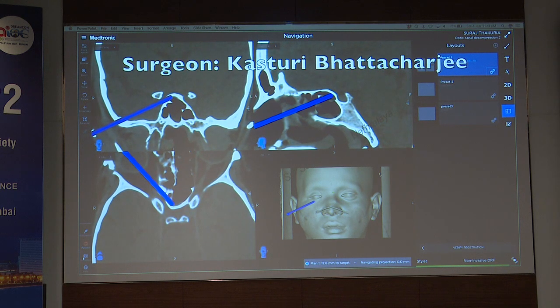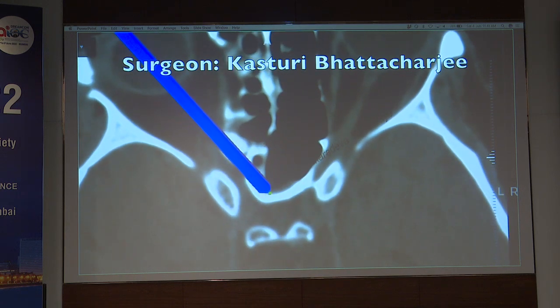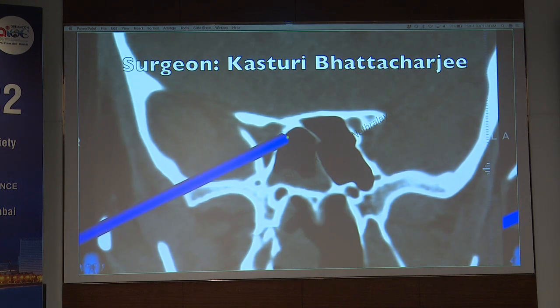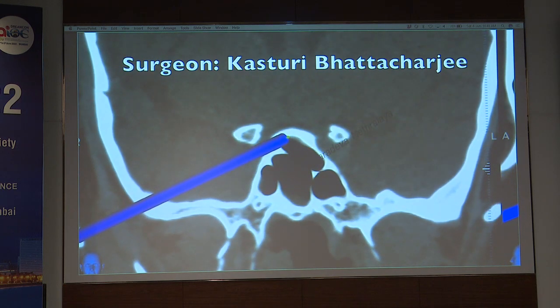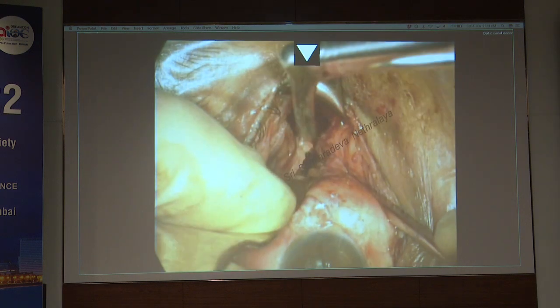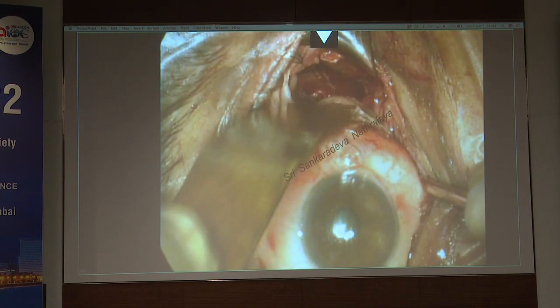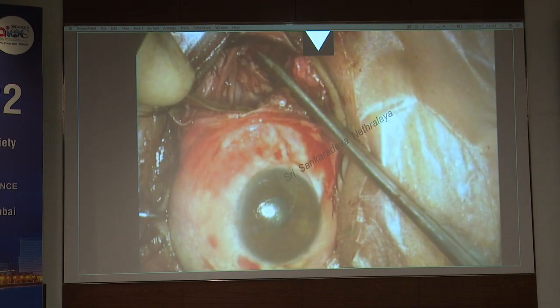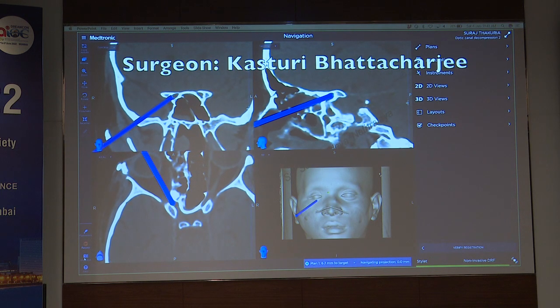Every time the stylet is entering the sphenoid sinus, that means my surgery is not complete. I have not decompressed the optic canal correctly, and I need to go for further decompression. So this is at least telling me that my surgery has not yet been completed. So I go ahead and decompress the superior and the superomedial wall of the optic canal. We should be very careful here because inferolaterally you have the opticocarotid recess with the internal carotid artery.